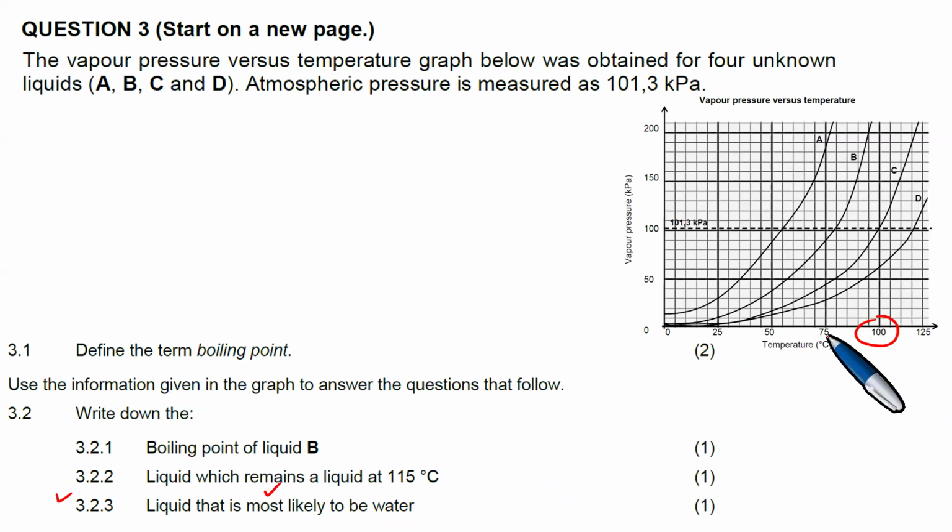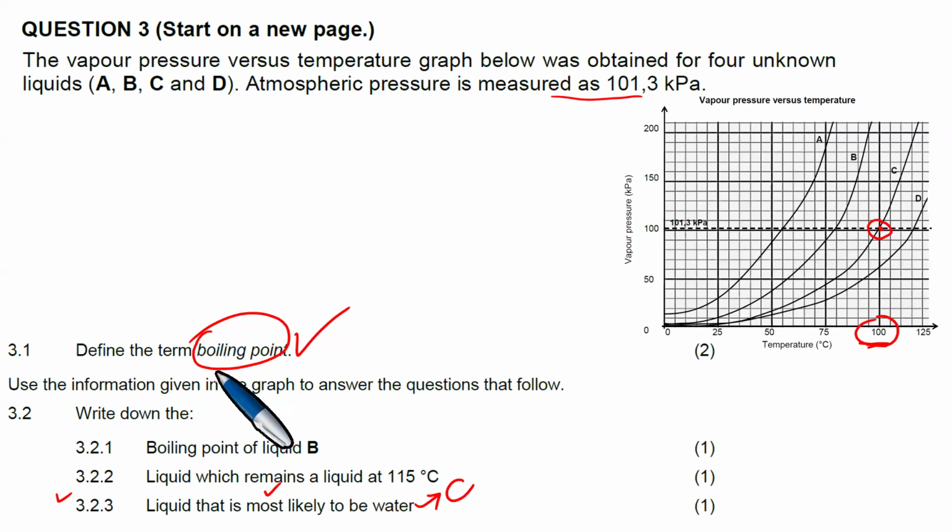Right, clearly it is this one, such that at the atmospheric pressure, at 100 degrees Celsius, you're able to see that this graph here meets the 101.3 kilopascals. And at this point, we know very well that the vapor pressure equals the atmospheric pressure, and at the point that the vapor pressure equals the atmospheric pressure, you have what we call the boiling point, and it is certainly C. So in 3.2.3, it is C, and C is nothing other than the liquid that is most likely to be water, because it is at 100 degrees that